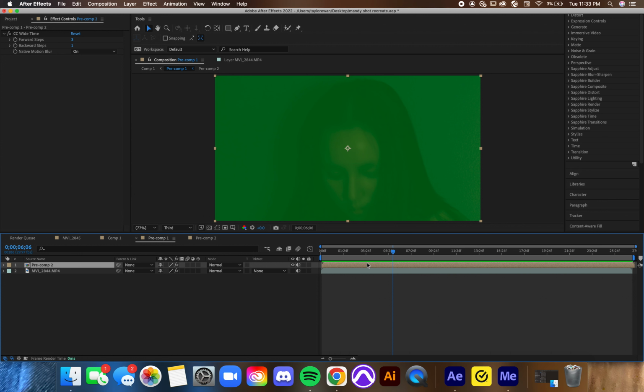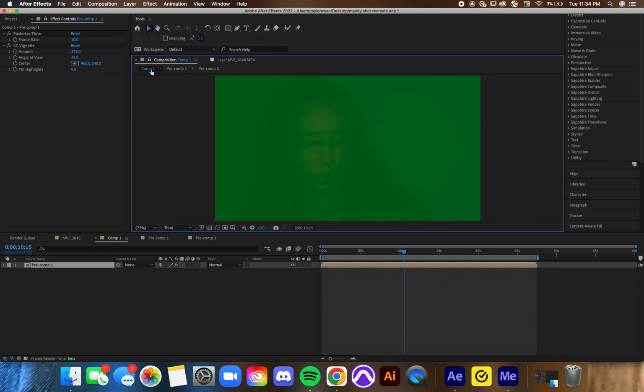And then I applied the CC Wide Time on this one, but at a much lower level. So for the forward and back steps, instead of having 10 and 5, I did 3 and 1. So it's not as defined, which you'll see looking through here. There's still that blur, but it's not nearly as significant. This is because in the actual shot from the film, there's a layer that's a little bit more opaque that does not appear as disorienting. It's like you're seeing what's actually happening in real time. So once I'd layered these things out,